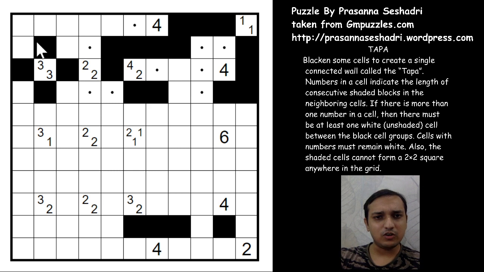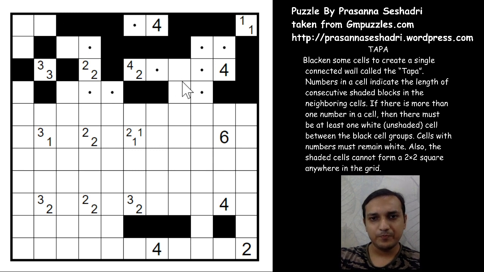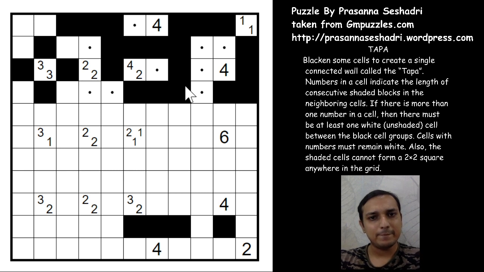And as I already said earlier, this black cell has to go this way, not this way. It cannot come down through these cells, and it has to go this way. So let us connect here, and again you have to connect it only this way. There is no other way for this black cell to come to the other part of the black cells. So only this way it can be connected.